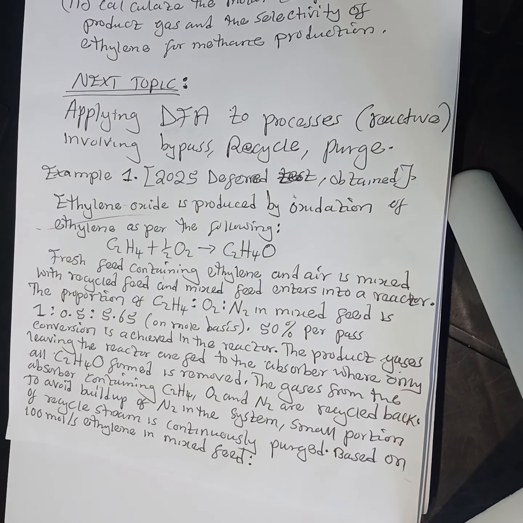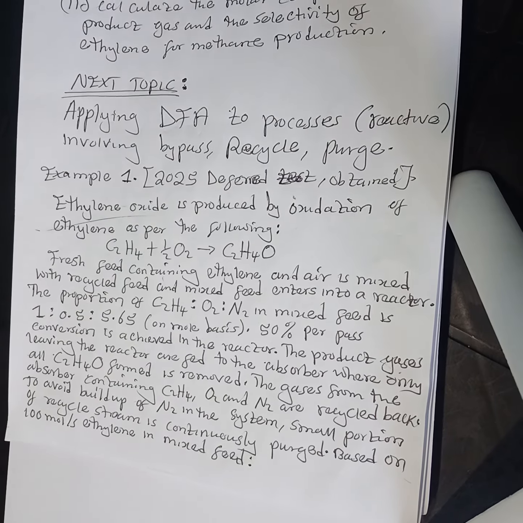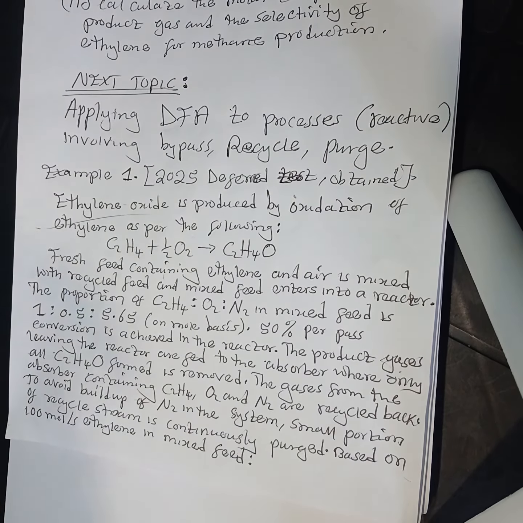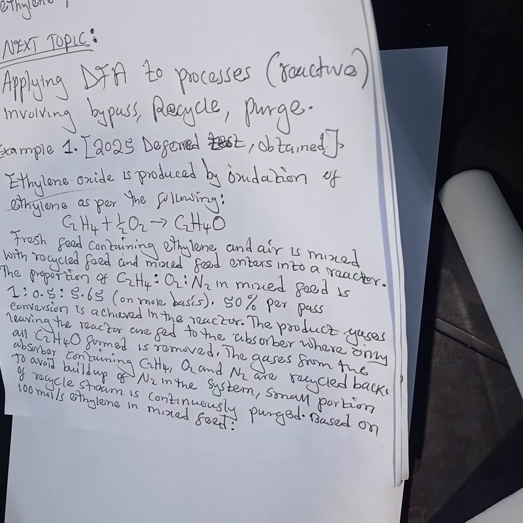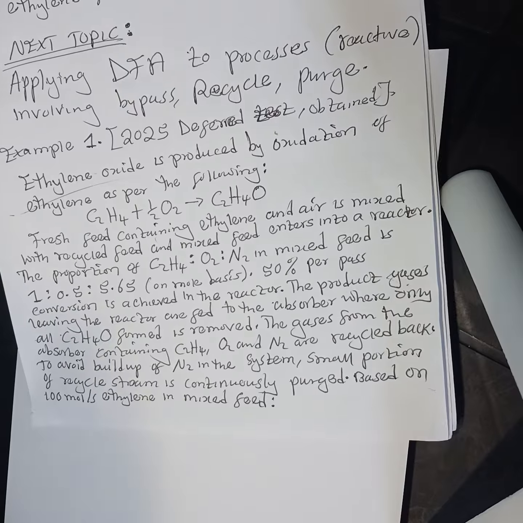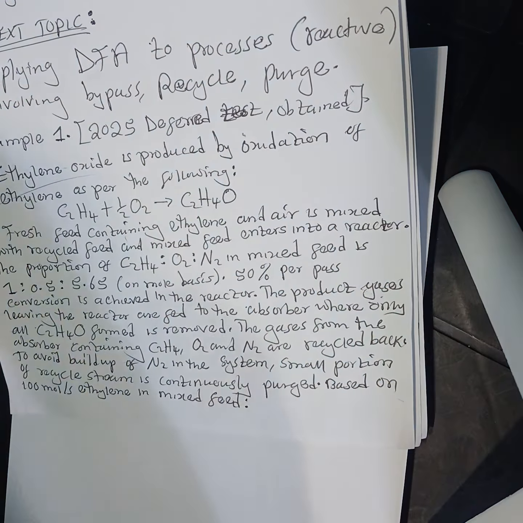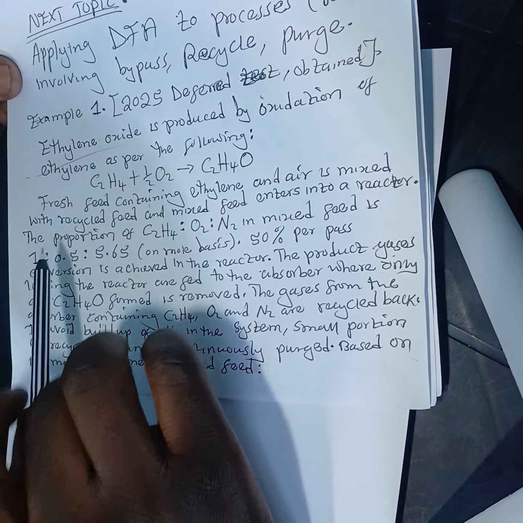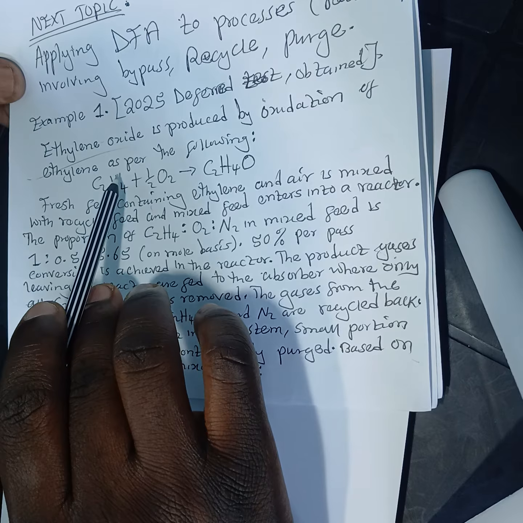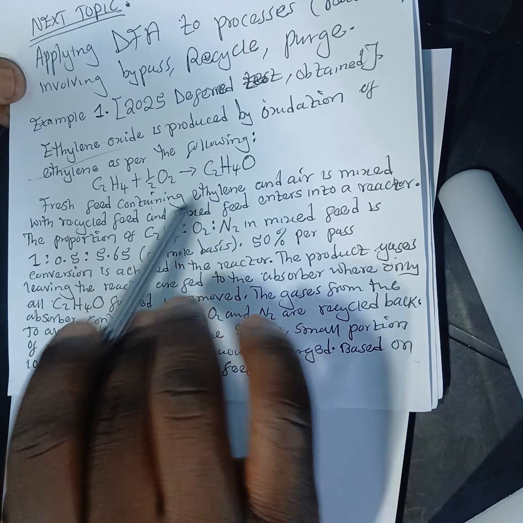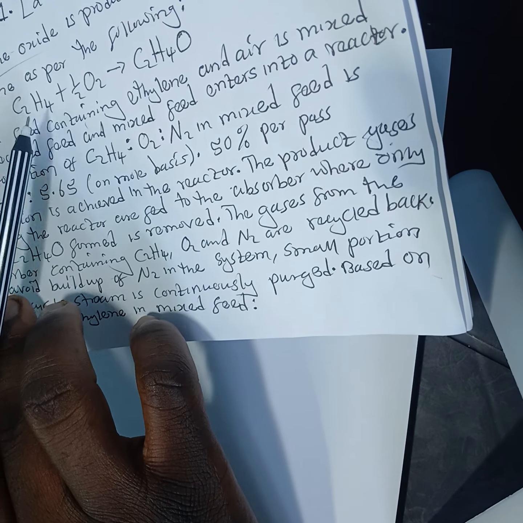Today I want us to solve one of the questions from a 2025 test paper. This was a deferred test 2. 2025 deferred test 2. Okay, and the question reads: ethylene oxide is produced by oxidation of ethylene as per the following. So the chemical reaction equation is given to be